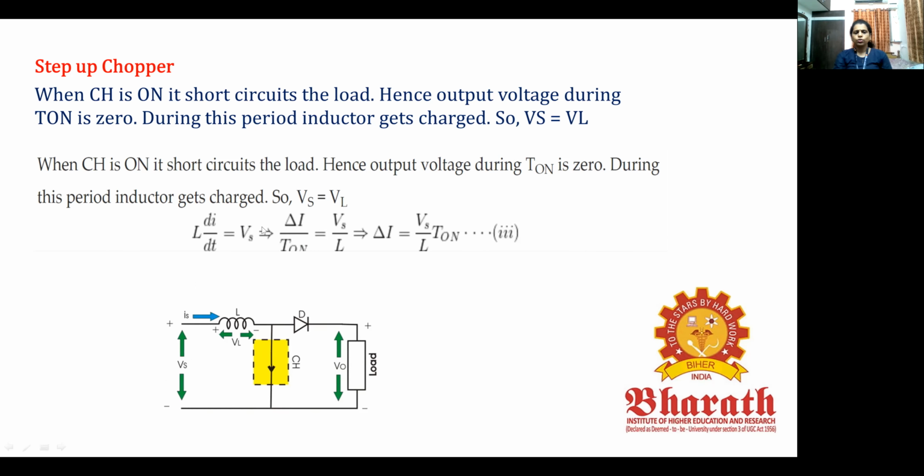Based upon this, we know that the voltage across the inductor can be written as V = L di/dt. di can be replaced by ΔI. ΔI is nothing but the increase of current during this period. The current will be increasing from the minimum value to the maximum value. That range, the difference, we will take as ΔI, and this is of course the turn on period of the chopper. So dt can be replaced by T on. After simplification, we get the equation for ΔI as Vs into T on divided by L. Let us keep this equation as such. This is the first step.